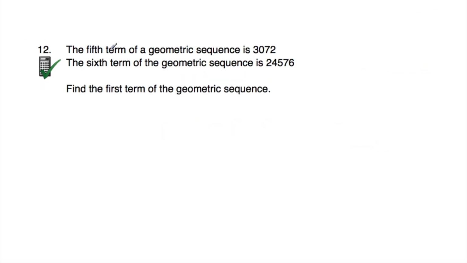So question number 12, we're told the fifth term of a geometric sequence is 3072 and the sixth term is 24,576. And we've been asked to find the first term. It's a calculator question, so that's great. And these are consecutive terms. We've got the first term, what we're trying to find, the second term, the third term, the fourth term, the fifth term, 3072, the sixth term,